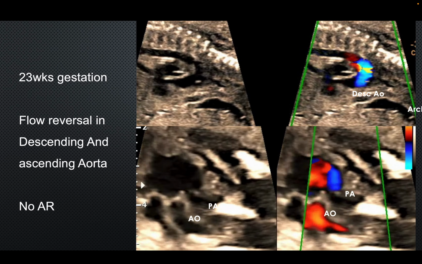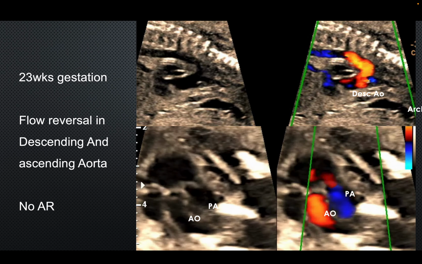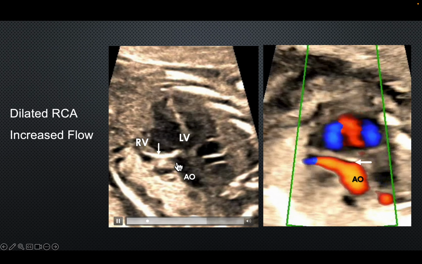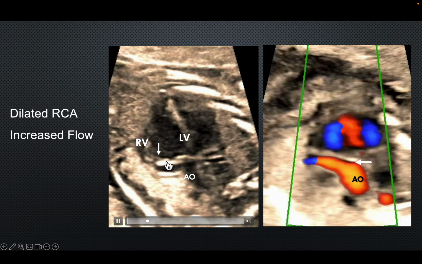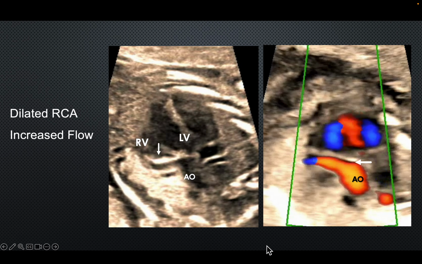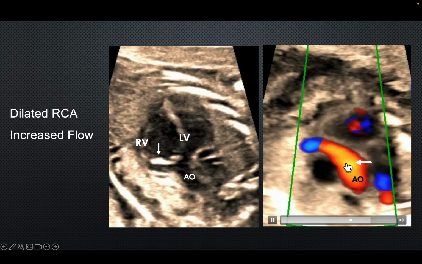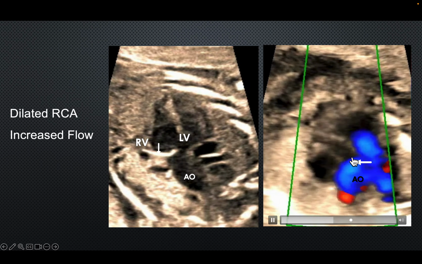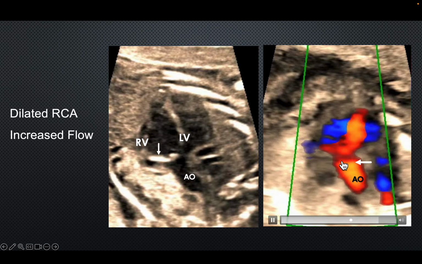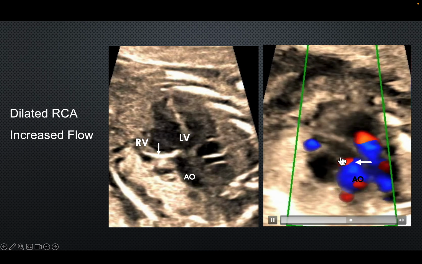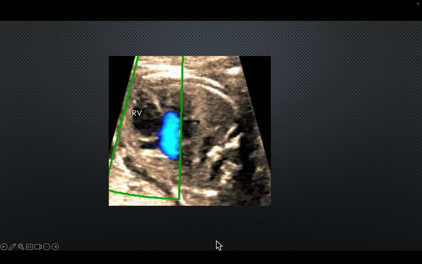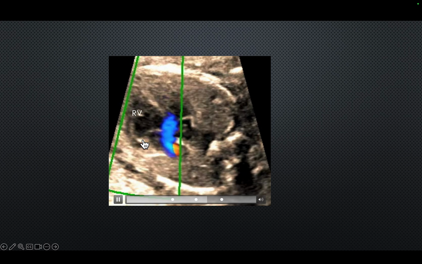Where is the blood leaking or going from the aorta? And this is where it was going. You see this is a right coronary artery, a dilated channel which is arising from the aorta, and then you see there is a blood flow from the aorta which is antegrade. This is the direction, that's why it's red, and you see this is regurgitating into this channel, which probably is the right coronary artery, and then you see this is opening into